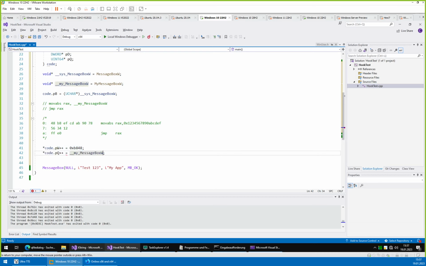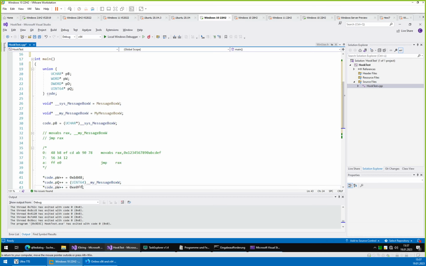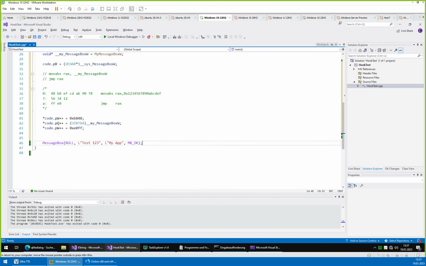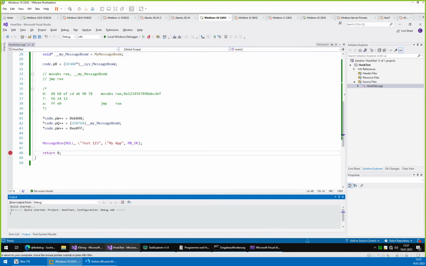And now we want to write our jump instruction, which is again just two bytes. And again, since we need to cast it, Q64. So here again, this would be A0 FF. So now when we run this, it should just not show any message box, just return. So we can return out from our function. So if we run it,